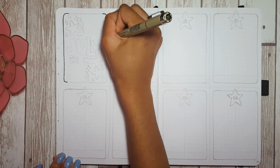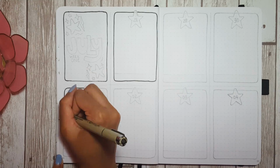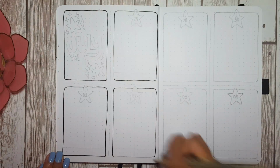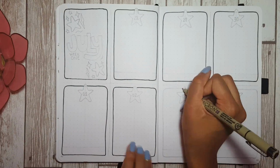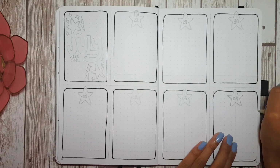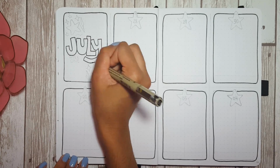Now we are moving on to the weekly spread. I decided to keep the weekly spread really simple this week because for this first week of July, I don't really have much going on and I just wanted something that would be really simple to set up. I think this theme with the doodly stars and sparkles will be really easy to make cool looking weekly spreads, so I'm excited to do ones for the future weeks, but for this time I just did the standard 8